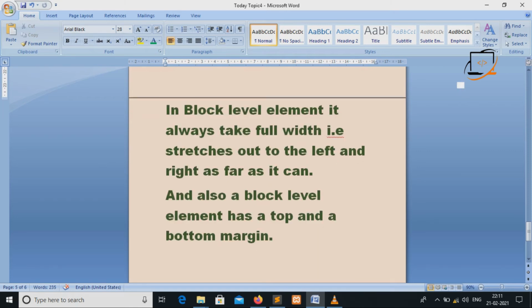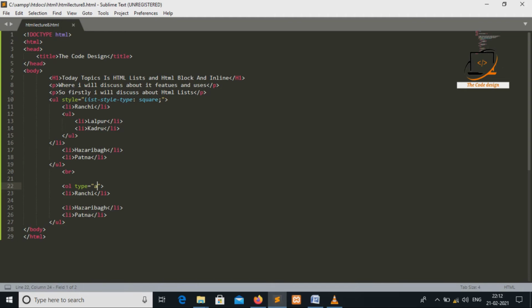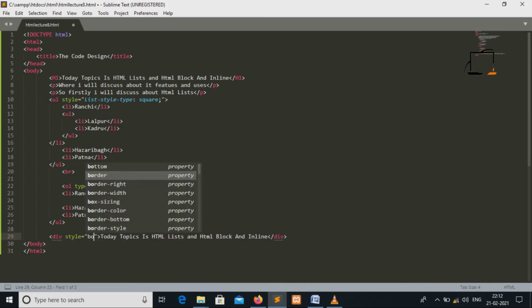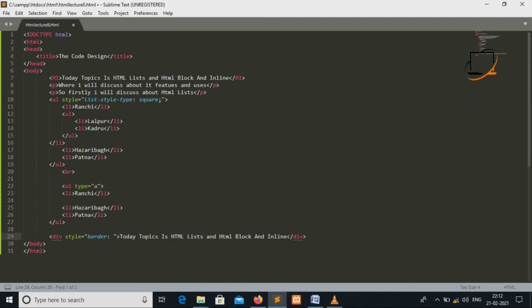Now let's take some examples of block level elements. Here I am using a block level element, so I am taking the division tag. Here I copy this tag. Now I am using a style attribute for adding a border, so I am taking border 1px.